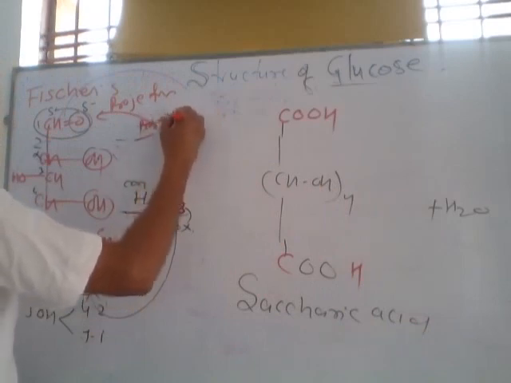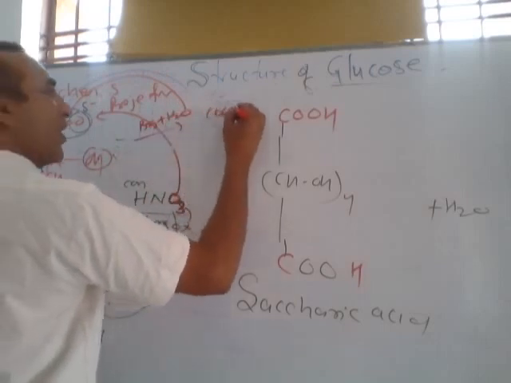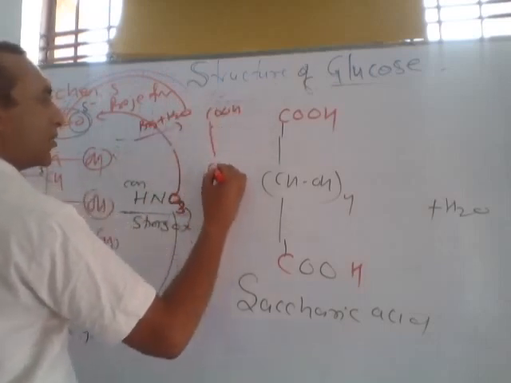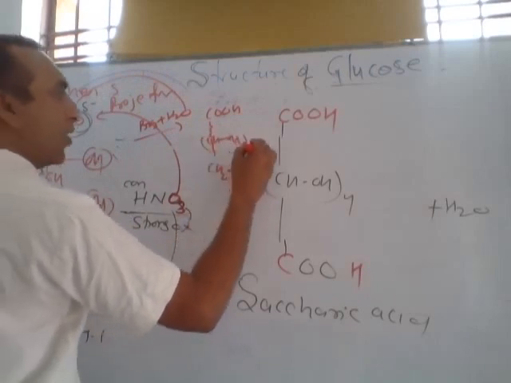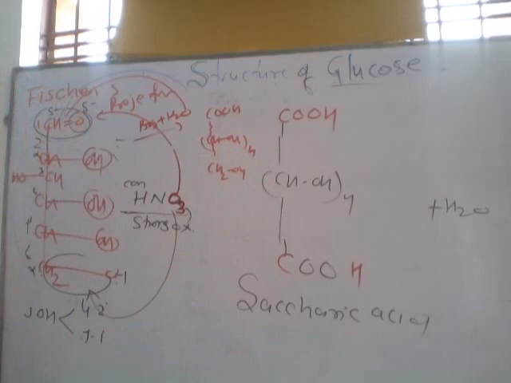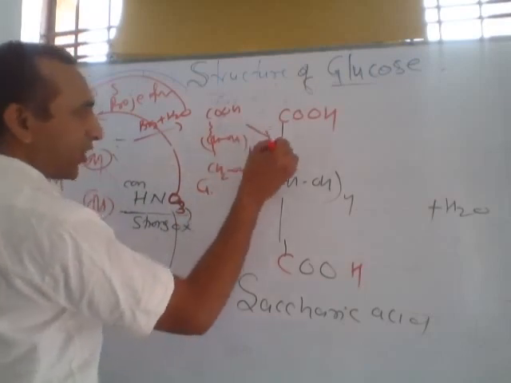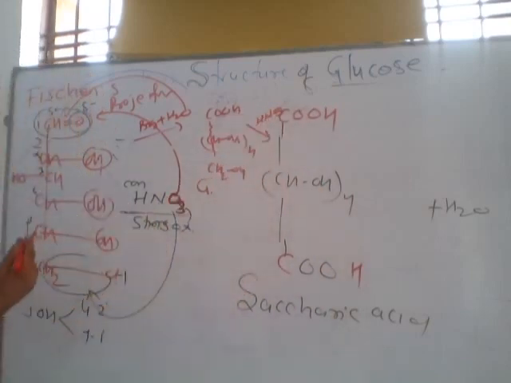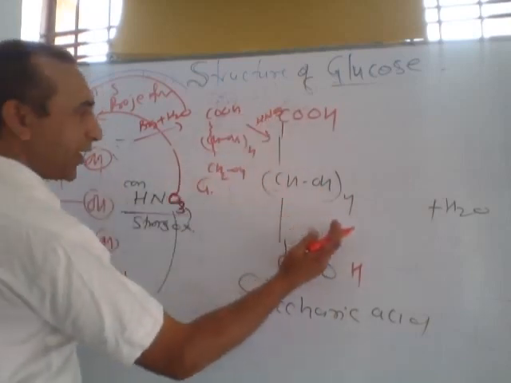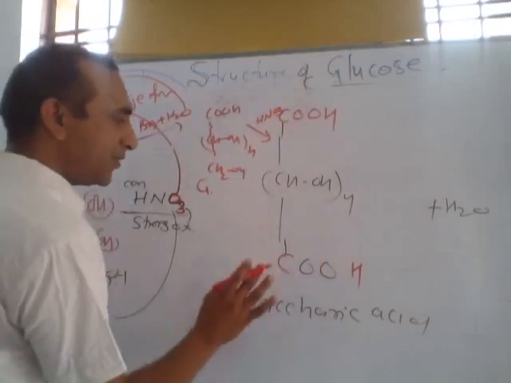When we react glucose with bromine water, do you know what compound will form? Br2 plus H2O. In bromine water there is a single oxygen, it adds to this compound and forms COOH, the rest remain. The last group is CH2OH. Here is CHOH 4. So this is gluconic acid. Gluconic acid also converts into saccharic acid by reaction with nitric acid. Nitric acid can convert glucose directly to saccharic acid, otherwise gluconic acid to saccharic acid. Focus on this compound, saccharic acid.